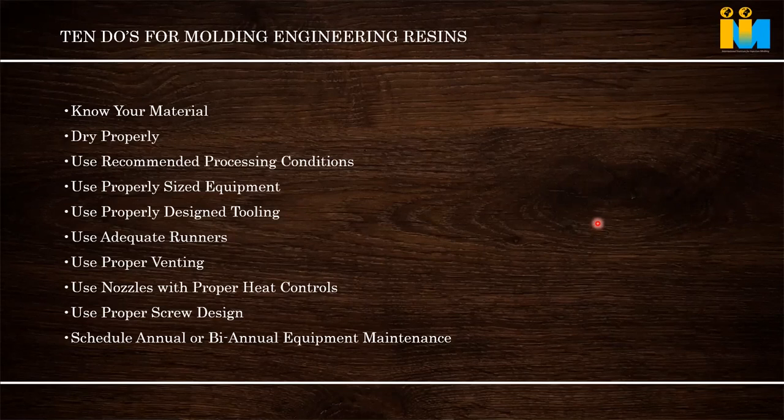Okay. And use a proper screw design. You cannot use the same screw design or metal for every material. We have spoken about abrasive and aggressive wear-outs and chemical wear-out. Some metal will be chemically worn out. So for PVC we cannot use a normal screw. A stainless steel screw has to be used. For some nylon or FR grade, we have to use a bimetallic screw. So proper design of screw.